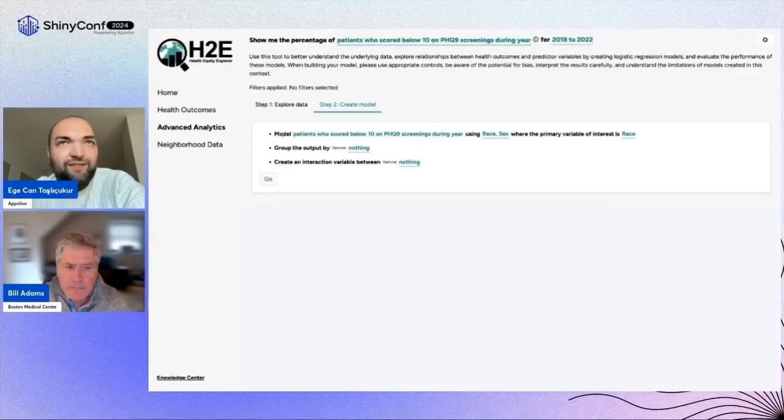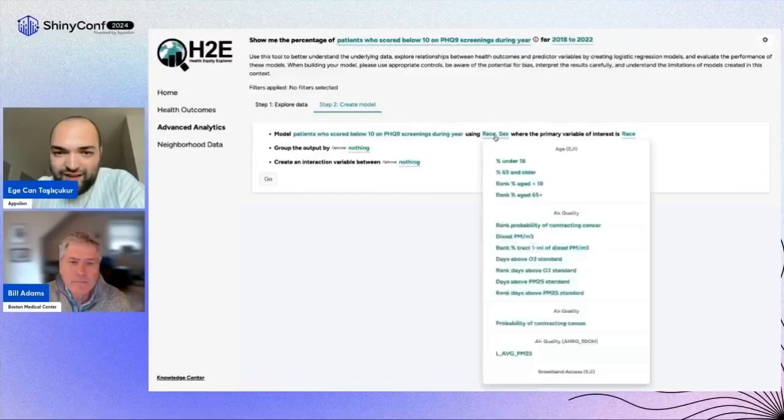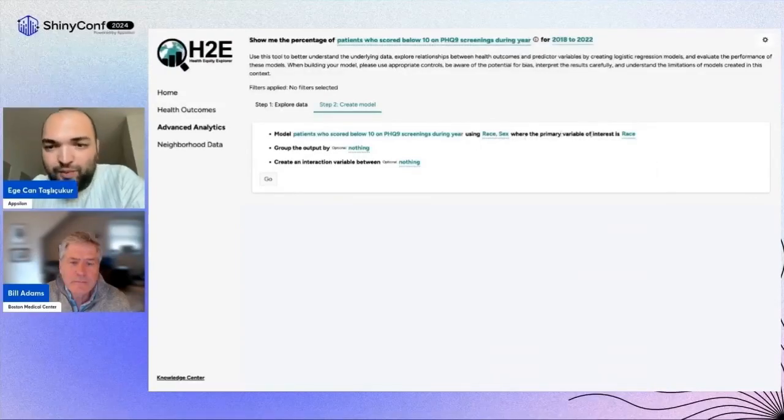And as you can see, all inputs in our application are in the form of a sentence, even the modeling. So the dependent variable comes from global filters here. And then you can select independent variables, for example, here race and sex, and your primary variable of interest.